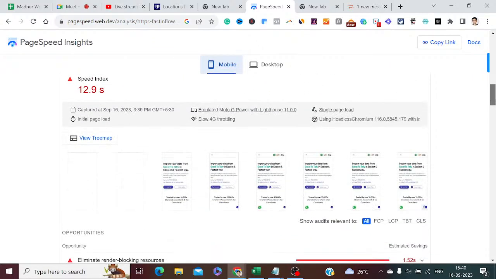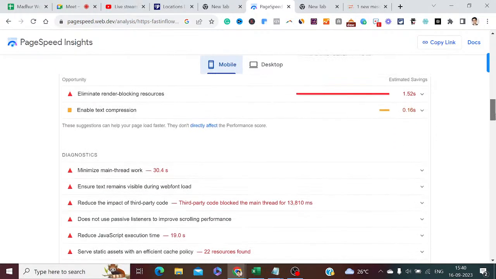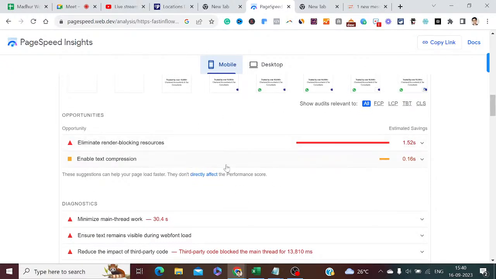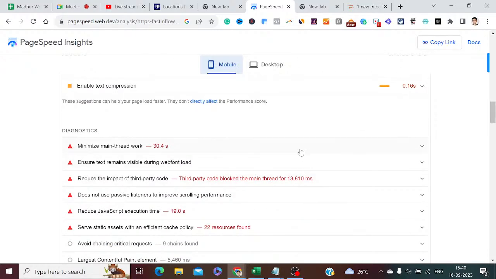Now, if I scroll down over here, you can see what Google will tell you, where you can improve, what are the opportunities and where are the diagnostics, right? Opportunities, it's telling us that you have to eliminate render-blocking resources, enable text compression. The diagnostics will give you a few fantastic suggestions, right? For example, it will tell you about minimizing your main thread work,